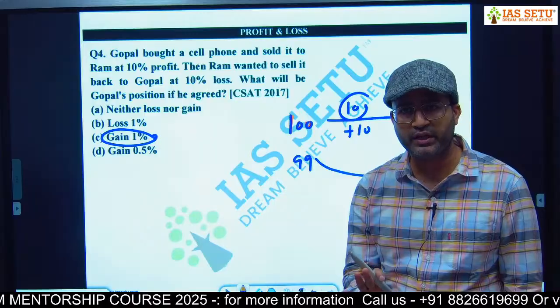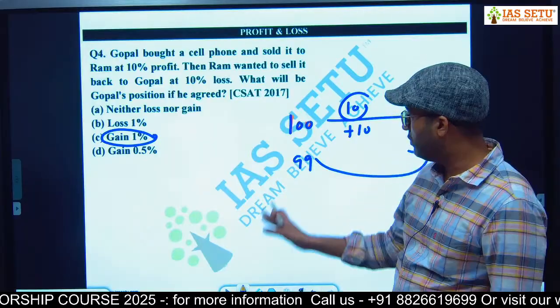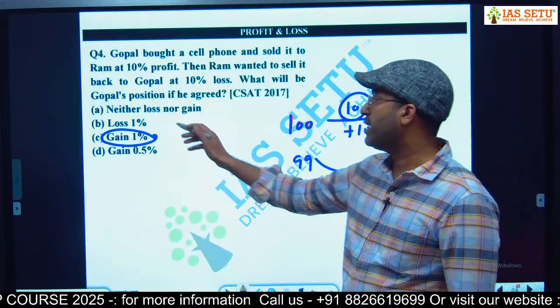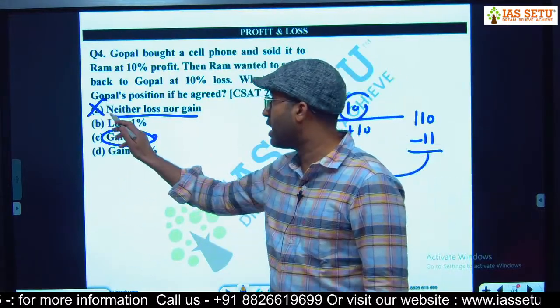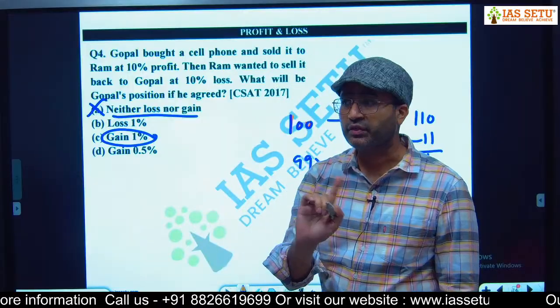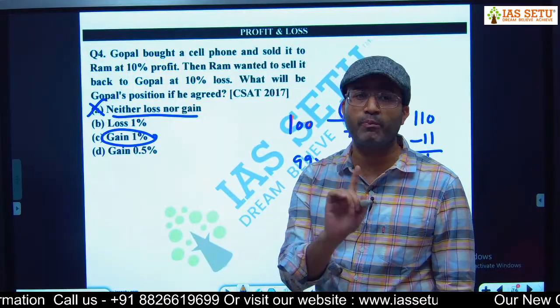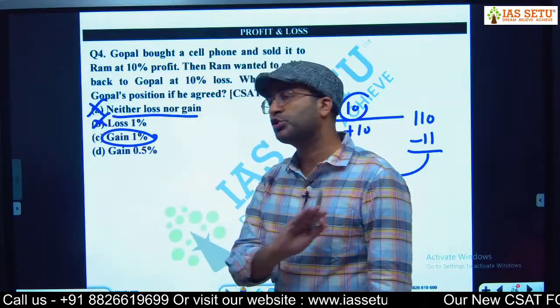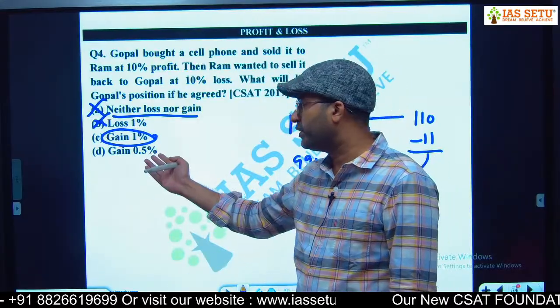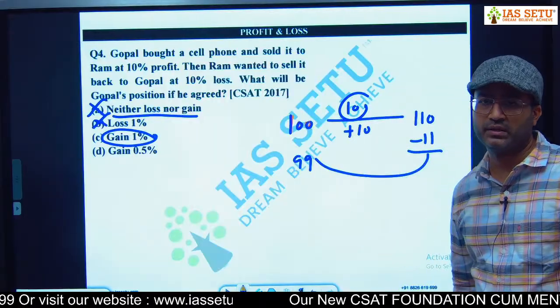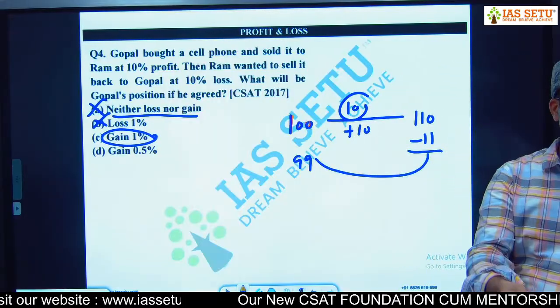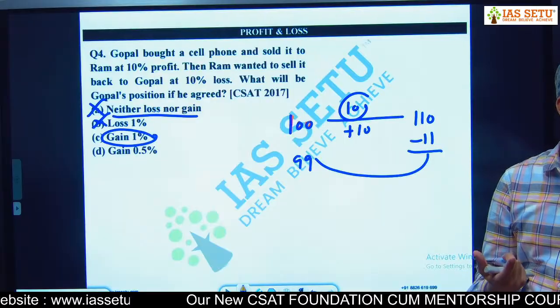पहली चीज तो प्रॉफिट है, ठीक है, 1% तो सीधा सीधा दिख रहा है। पहला आंसर ऑप्शन नीदर लॉस नो प्रॉफिट, रॉन्ग। लॉस, राम को, गोपाल की क्या पोजीशन है, दे आर नॉट आस्किंग राम पोजीशन, दे आर आस्किंग गोपाल पोजीशन। गोपाल इज नॉट हैविंग लॉस एट ऑल। प्रॉफिट 0.5%, नो, प्रॉफिट 1%, और प्लस ये 10 रुपए भी तो उसकी जेब में गए। 100 रुपए की चीज 110 की बेच के 99 की वापिस आ गई,